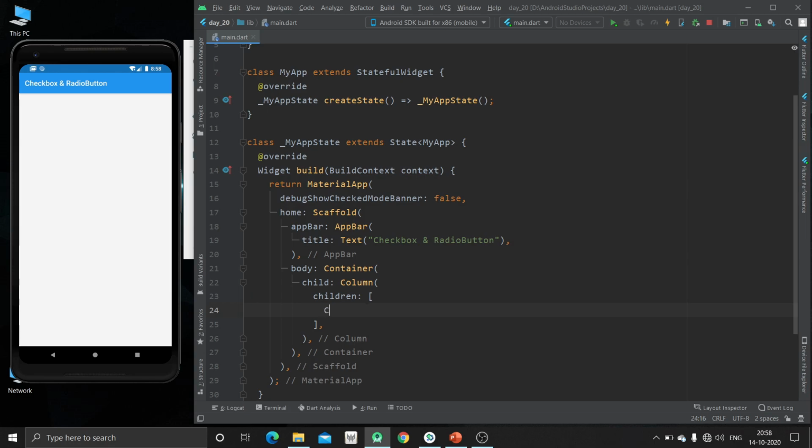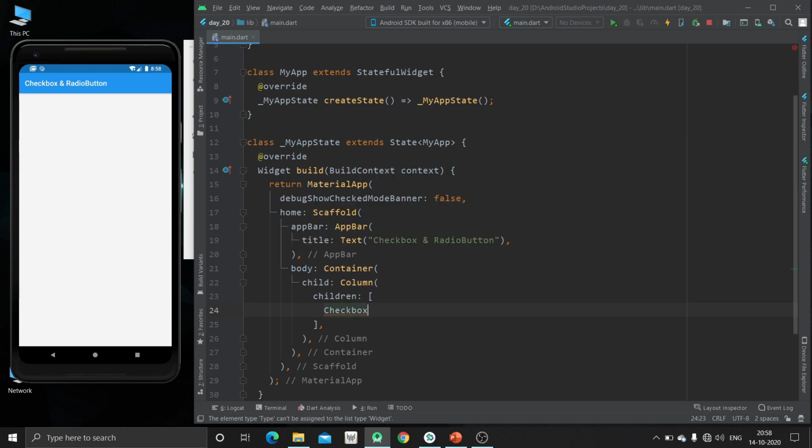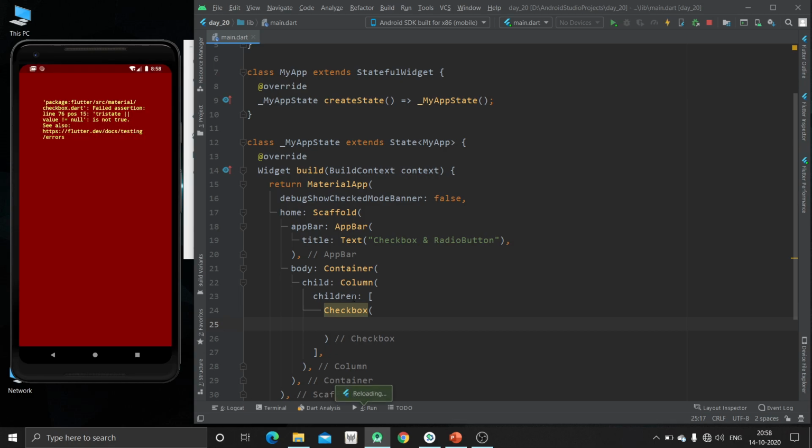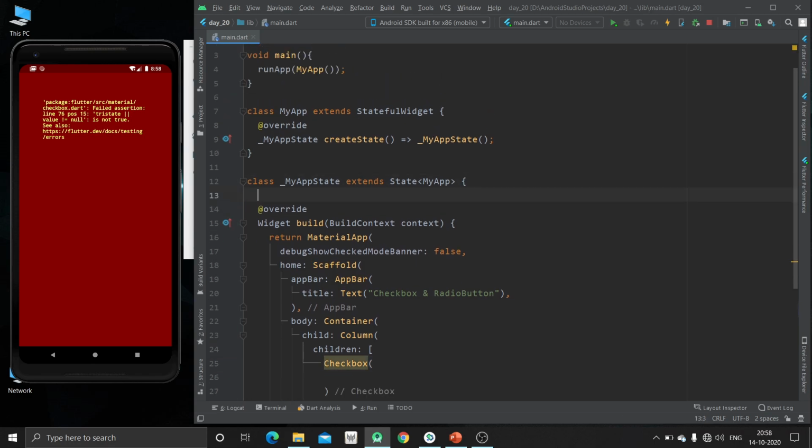Now the first one will be checkbox. So we can use this checkbox widget to create checkbox. So just hit Ctrl and S. Okay, we haven't specified any state. First of all we are going to create one variable for checkbox.